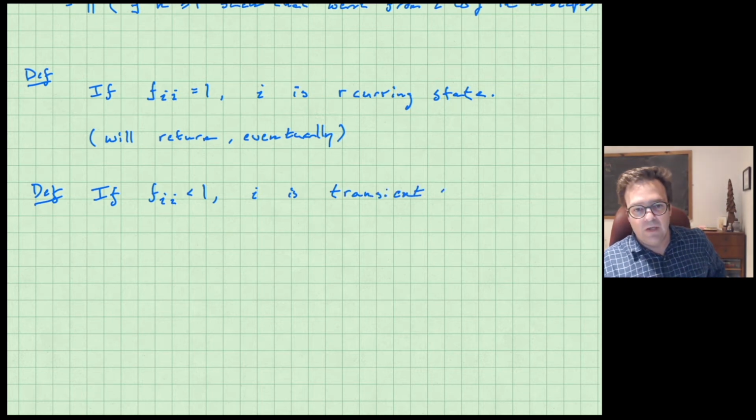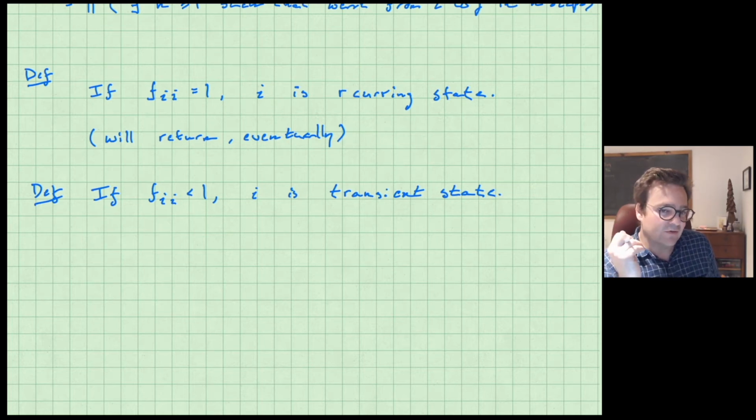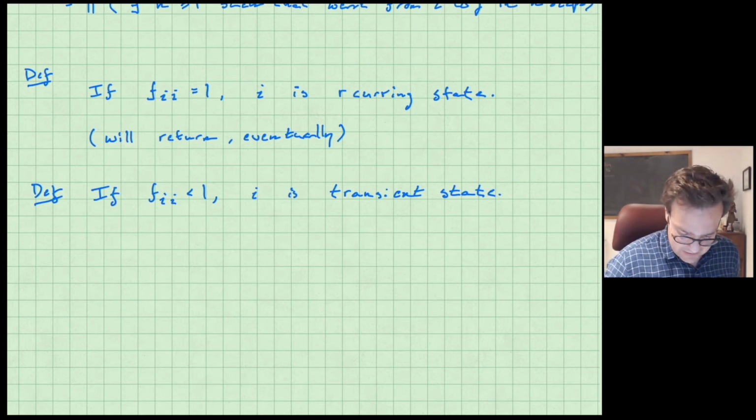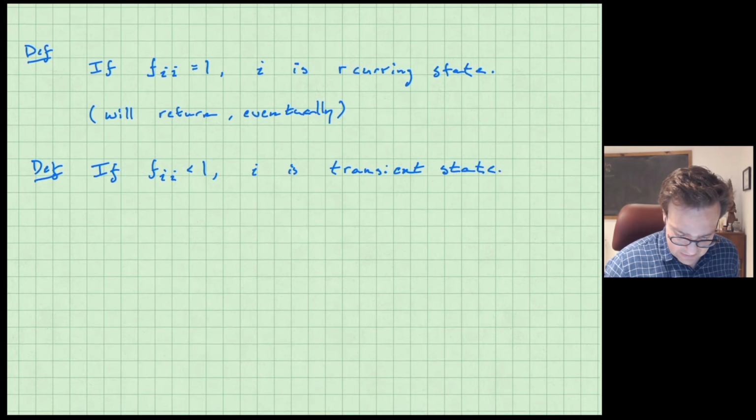All right. And so think about what this means. This means that if you sum up all of the probabilities of going from i to i in n steps for all the different n's, and you get a number that's less than 1, it doesn't mean you're not coming back from state i back to state i. But it means you might not. It means that you may not, even if you wait forever. So, might not ever return